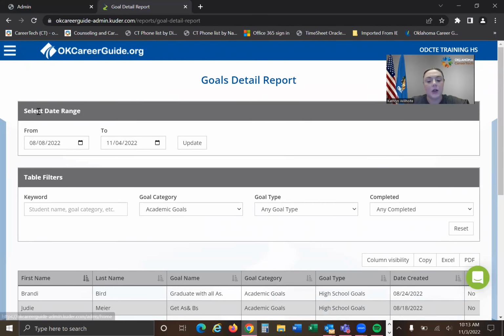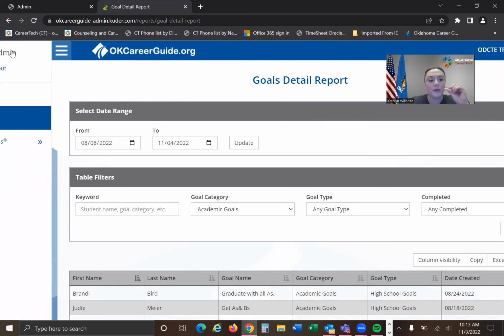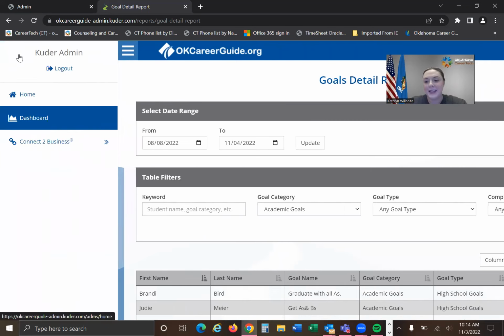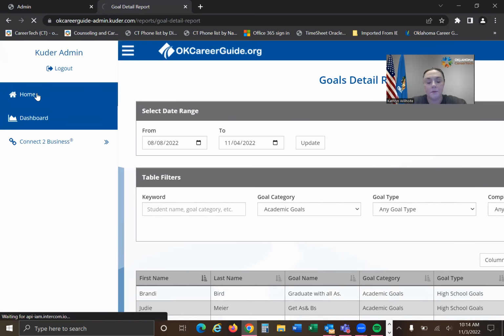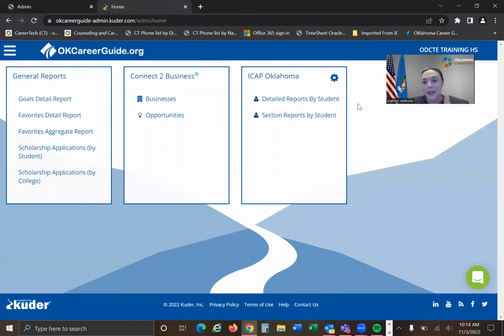Now, I'm going to go back up to the top left, see where there's those three little bars. We call those the hamburger bars. It's like a little hamburger, and then it'll say home. So click home, and we're going to focus on one more component, and then we're done, okay? So we have ICAP Oklahoma, detailed reports and section reports. So I'm going to click detailed reports by student,